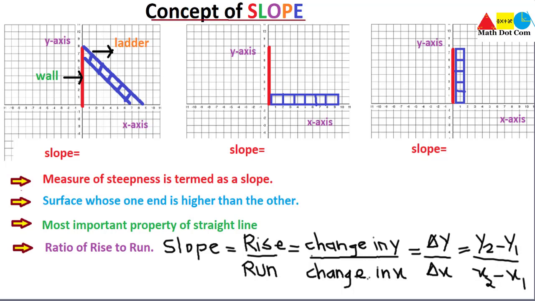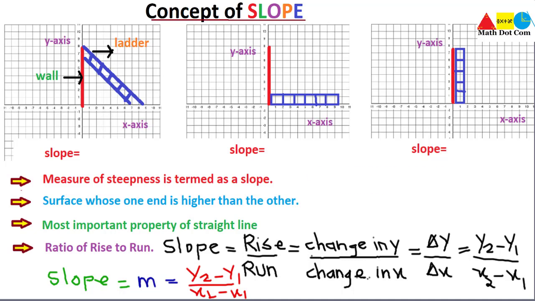So this is basically the formula of slope that you have to use in order to find the slope of a straight line. One thing that you have to keep in your mind is how slope is represented. Slope is basically represented by the letter m. So I'll write here slope is equal to m is equal to y2 minus y1 divided by x2 minus x1. So this is the formula of slope. Wherever you see the letter m, you should have in your mind that it is basically the slope we are talking about.